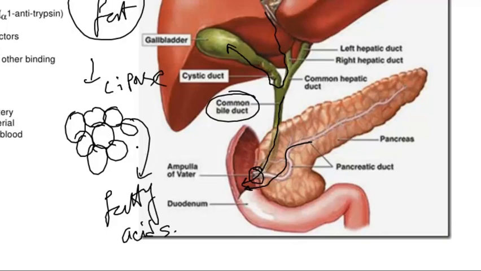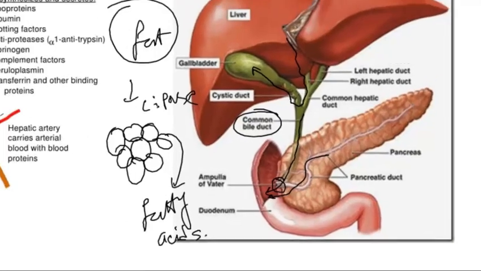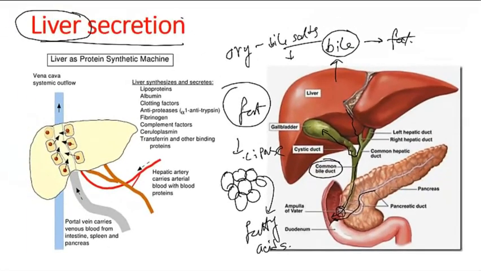Okay, and it also contains lecithin, it contains cholesterol, and it contains bilirubin. So bilirubin, lecithin, cholesterol and all the rest of the bile salts are secreted there. While cholesterol and bilirubin are eliminated through the feces, bile salts are recycled throughout the time, because they are required all the other times in different processes. They are recyclable,